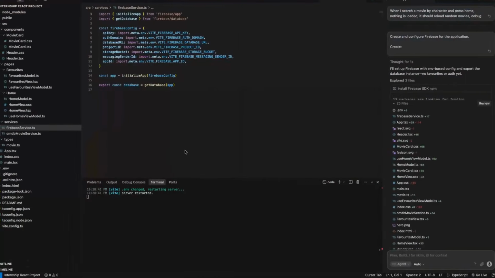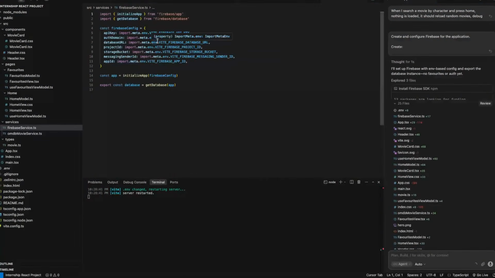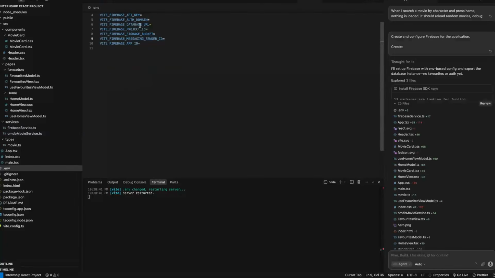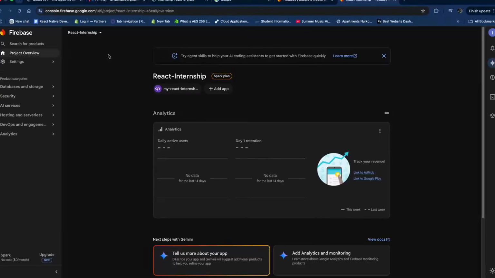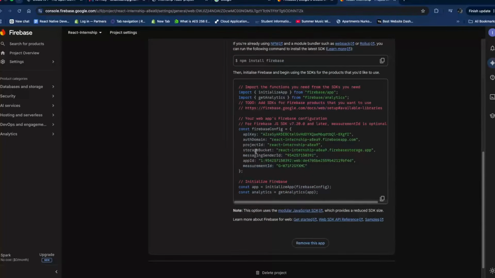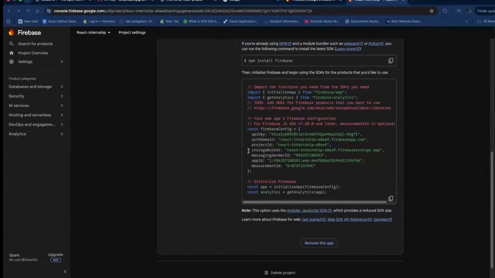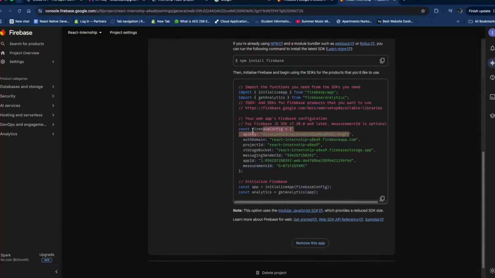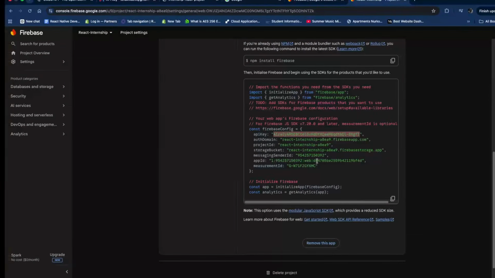So let's see. For the Firebase configuration, we need API key, auth domain, database URL, project ID, storage bucket, messaging sender ID, and app ID. So we'll go to these settings and see what we have here, and we have everything. We can just copy property by property,